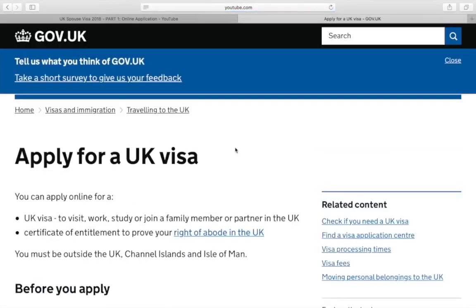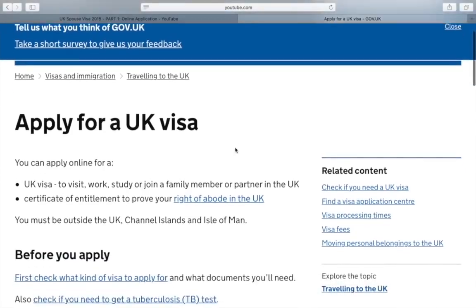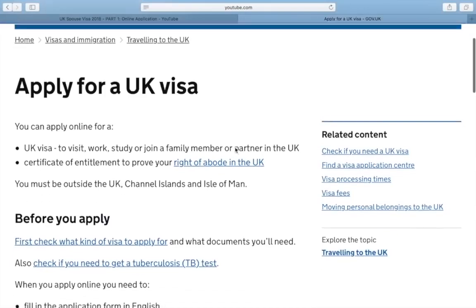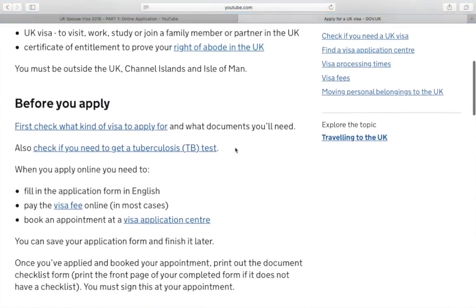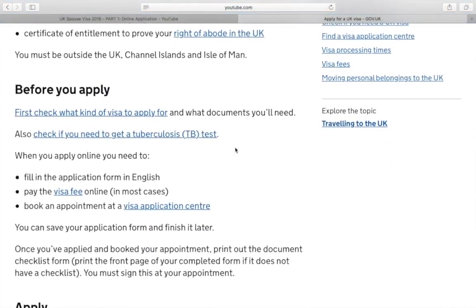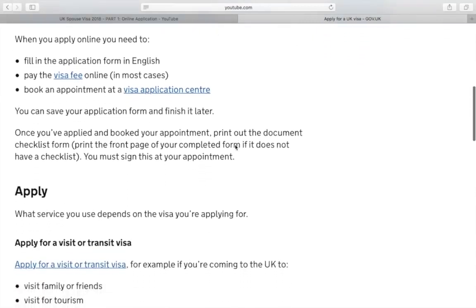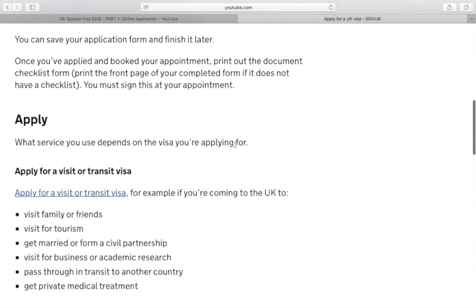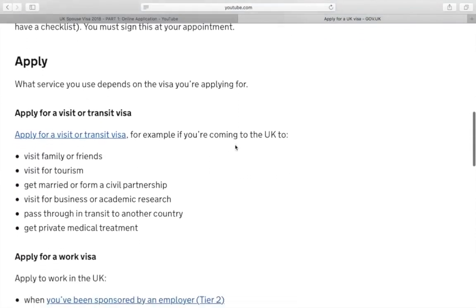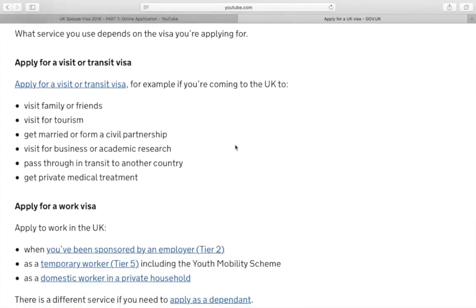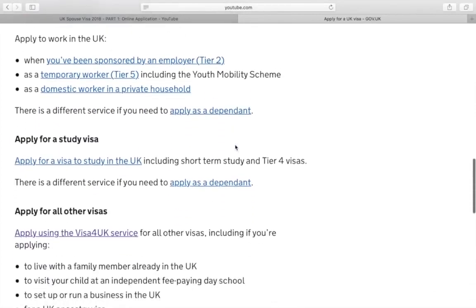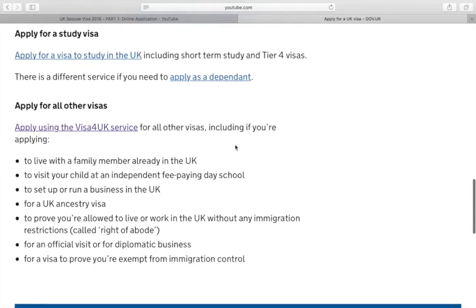And then here is some information about applying for the visa and what you need to do before you apply, and it's got useful links that you can read. I've already read some of these things, so I'm not going to on this occasion. But then you'll find it says apply, and it gives you the application form for different visas. So for the spouse visa, we want to go to the very bottom and it will say apply for all other visas, and you can see that this link is purple because I've clicked on it before. So this is the one that you want to click on,